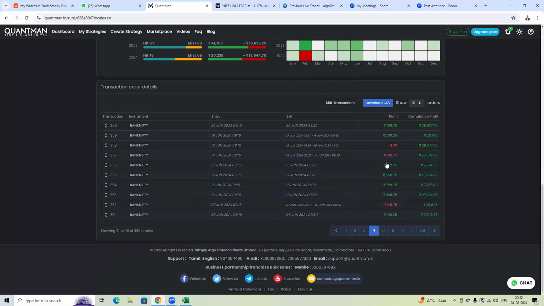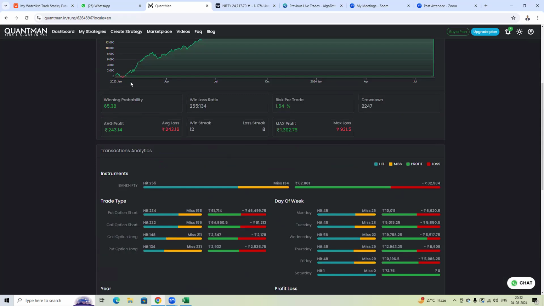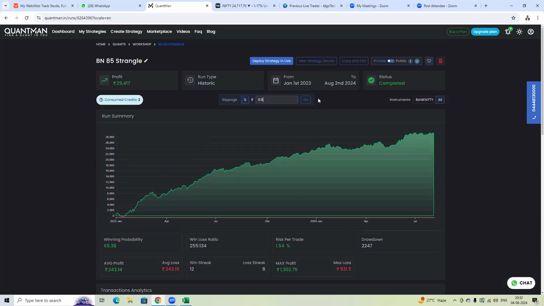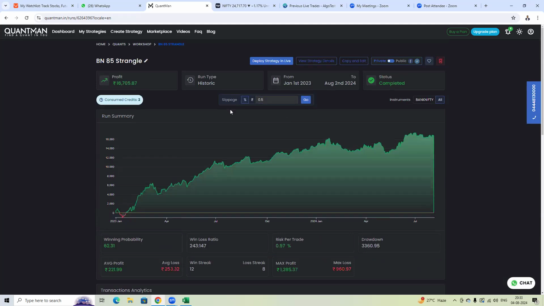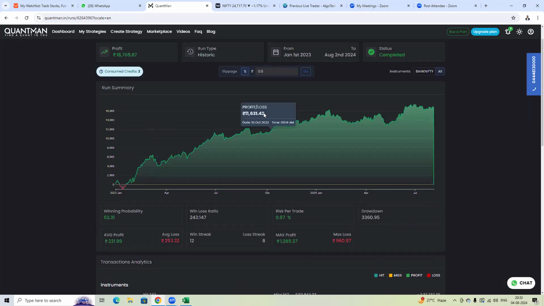Many a times you will be making 600, 700, 300, and when you are making loss, you are losing 200 or 100 rupees. Many of the time, the winning probability is high here. Okay, so 65% जो risk per trade है, वो भी 1.54 है. Even if you calculate 0.5% यहाँ पे slippages, आपको even you still make 16,000 profit. Your probability and risk per trade is still on a positive way, because यहाँ पे ज्यादा ट्रेड नहीं होता है